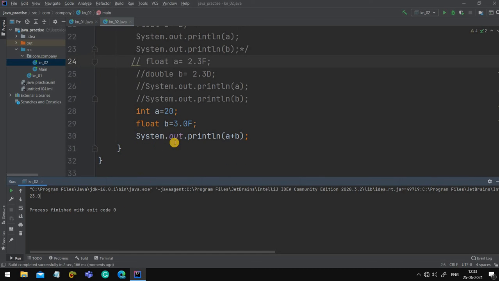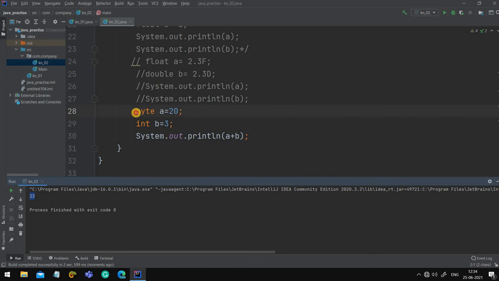But now the question arises: is this output integer or floating type? It's visible that it has a decimal, so it would be a floating type. But if I change it a bit, if I write here byte, and if I write here short, then I'll not store it like this. Okay, let's take it into int only. Now let me compile and run it. See, there is the output 23.